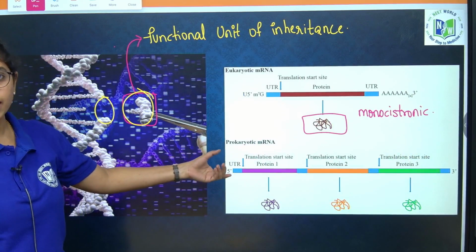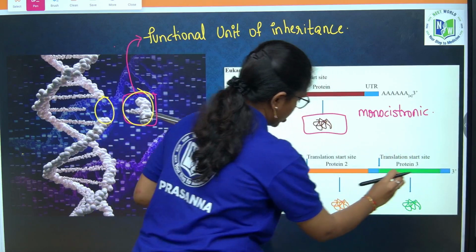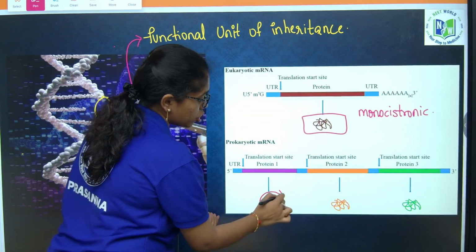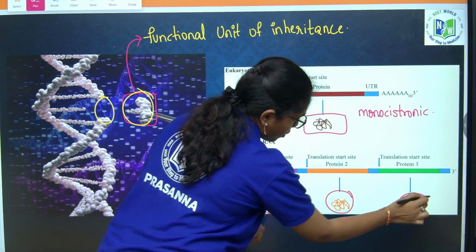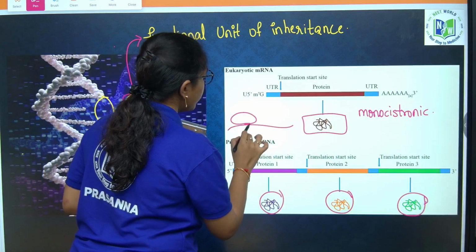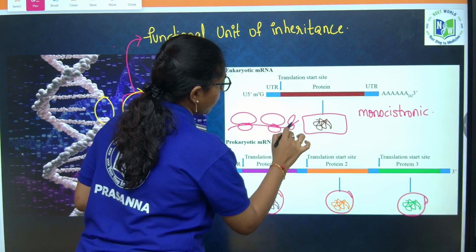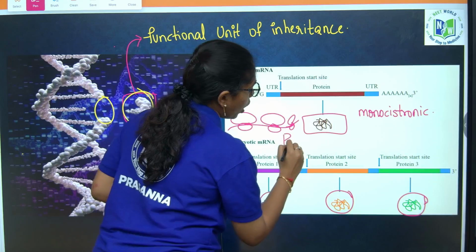In a prokaryotic cell, in between the promoter region and terminator region, there are multi-cistrons. Many polypeptide chains are formed. This is because the mRNA is flanked by many ribosomes, which is said to be polysome